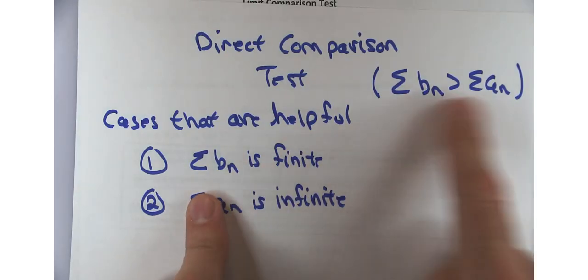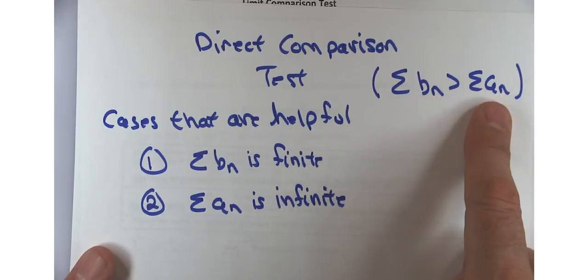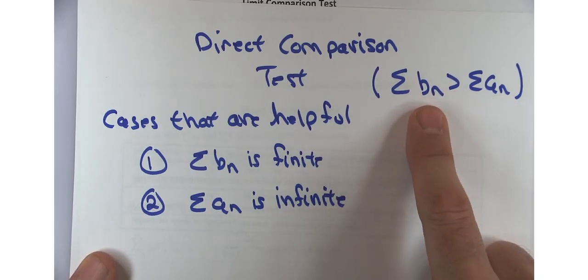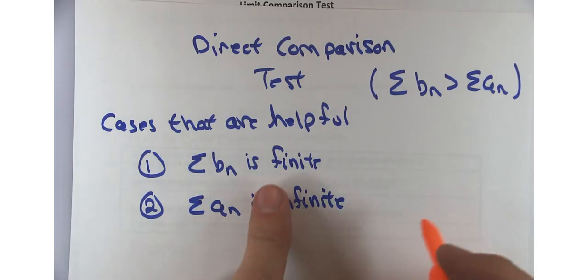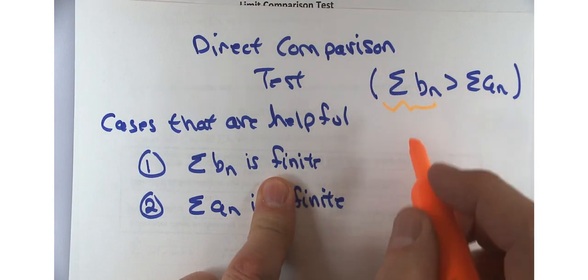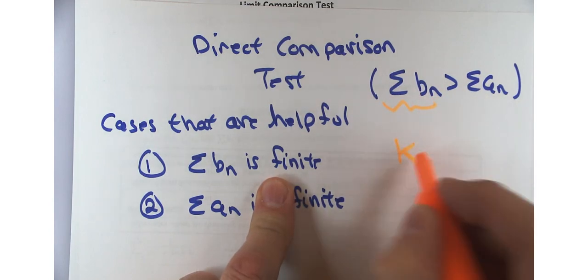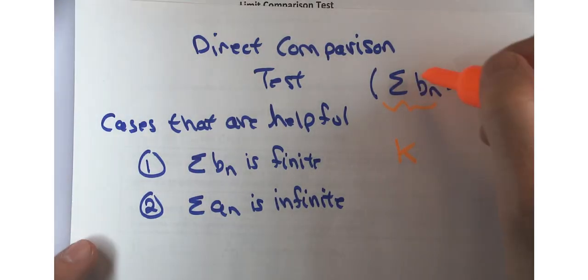So this is the comparison that we're going to make. We're going to compare B sub n to A sub n. I'm assuming that A sub n is the smaller of the series. That is, the terms in here are always less than the terms here. Now let's take a look at a couple possibilities. The first one is that this sum is something finite. Let's call it k for some kind of a constant. If this term is a constant